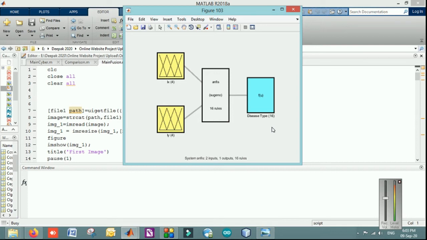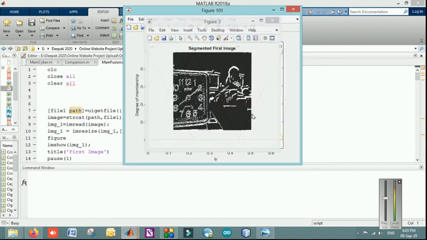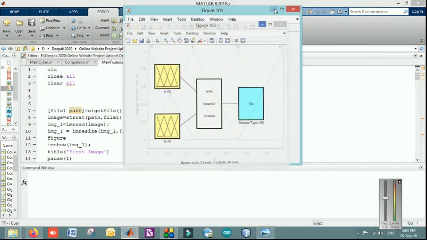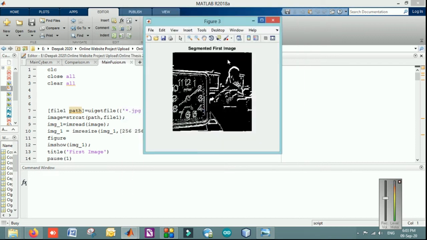For the segmentation purpose, we have used NeuroFuzzy, which is a type of machine learning algorithm that is used by training it for different case studies. As you can see, the two inputs are over there, 16 rules are over there. On the basis of that, it will give us the information related to how much of which section is to be segmented. So on the basis of that, it will segment both the images that I have given as an input. As you can see, this is the first segmented image. Secondly, we will get the second segmented image.